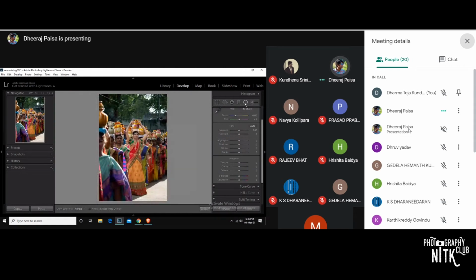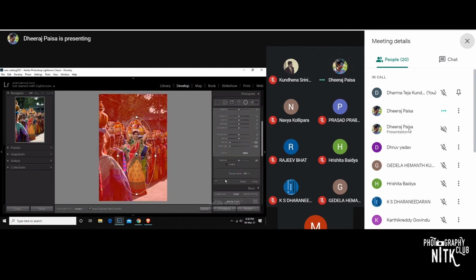Now I'll add some exposure and saturation on the subject. Let's check the mask overlay. Let's invert it. Now we are going to apply edits inside this radial filter. And check this. Add some contrast. Add some shadows. Let's add some saturation.